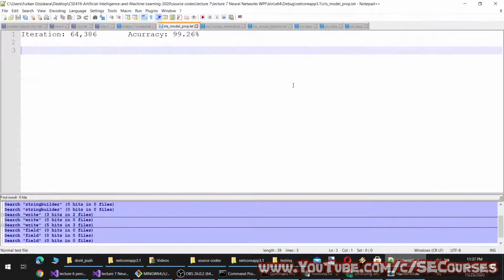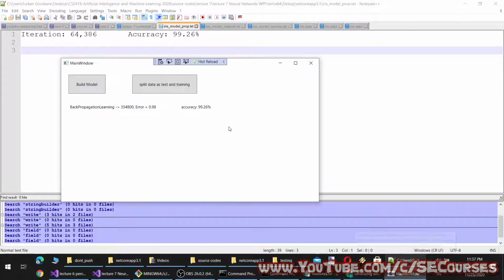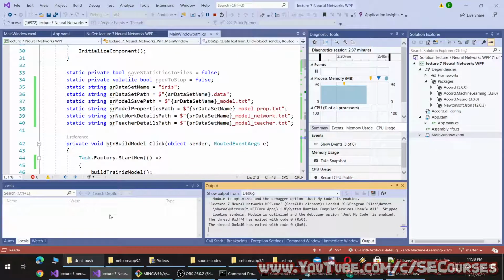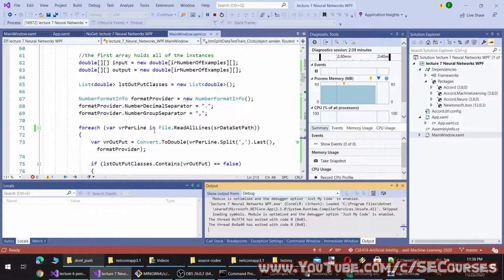It will run until 2 million iterations, 2 million epochs. And we will test our model with the unseen data and we will see our accuracy. Okay, how we are going to do that, I will show you.